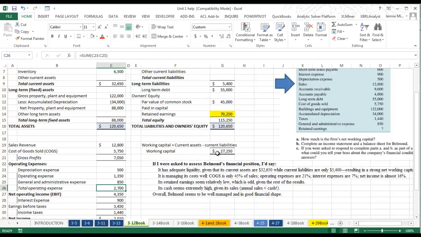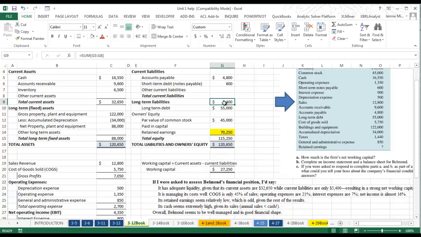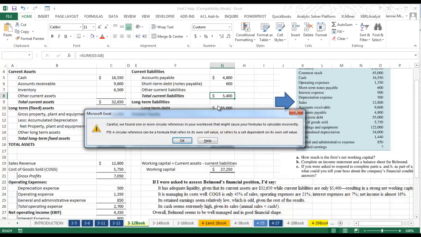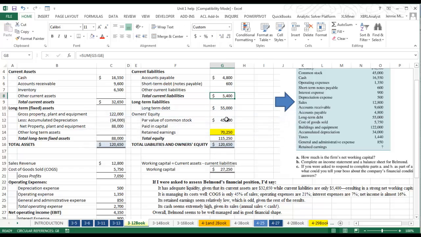And then if you go to A, it says how much is the firm's net working capital. Well, just look up the working capital formula, and we're just taking current assets minus current liabilities. So in this formula that I have here, I just took my current assets minus my current liabilities, which was actually supposed to be up there. I'm going to move it. But basically I have my total current liabilities,